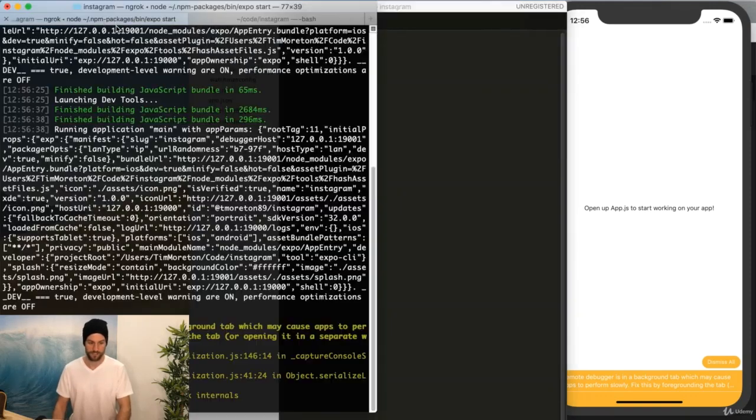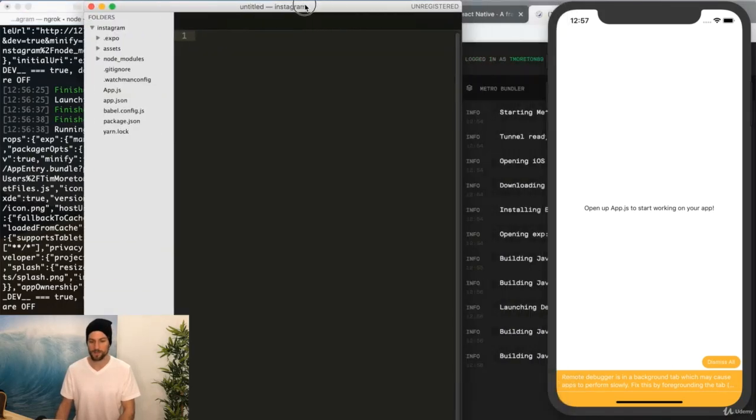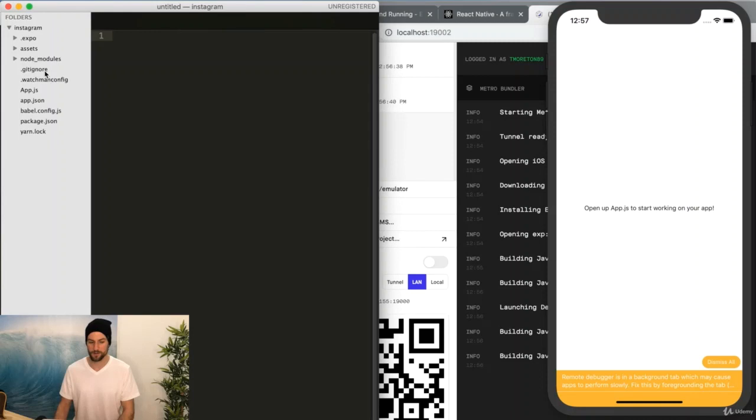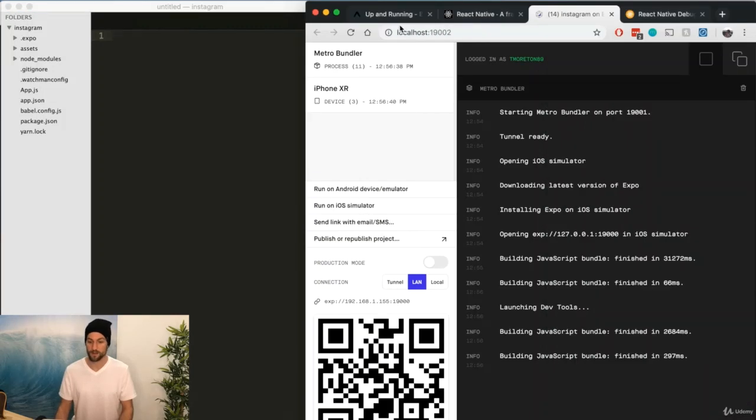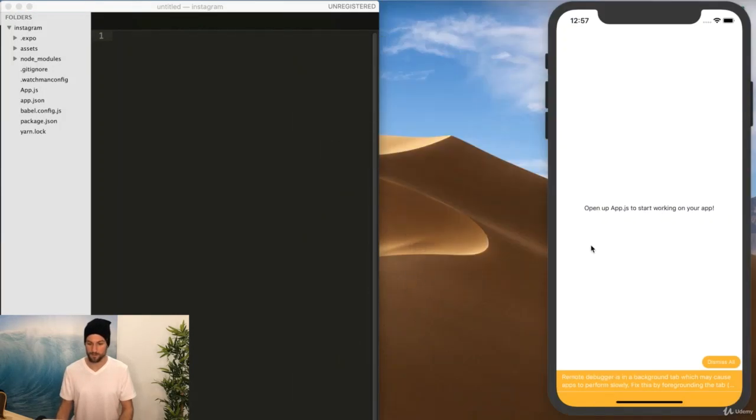And so just to show you, there's all the yellow warning signs. This one specifically is just warning you that it may be a little slower because we're debugging JS. That's not a big deal. There is a way to turn those off, but I usually don't like to because usually if you get a warning, there's something you can do to fix it and you should fix it. And so right now I'm just going to leave it there, but for now we're going to open up our code,